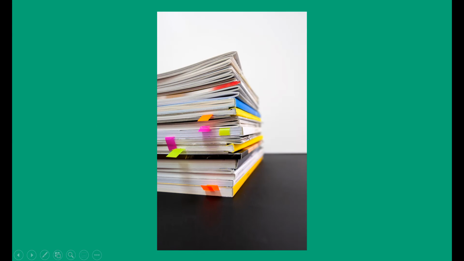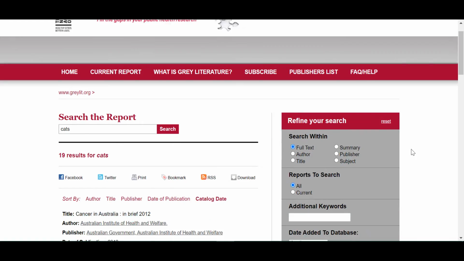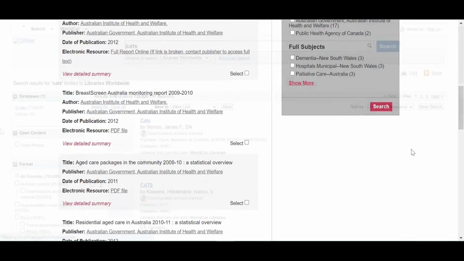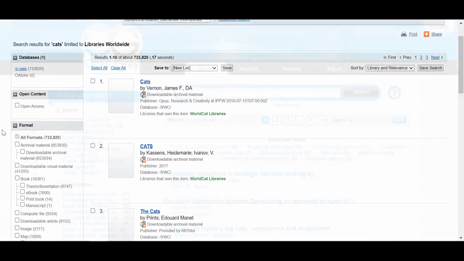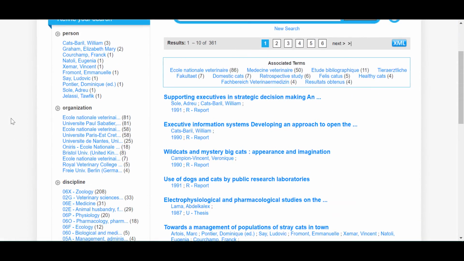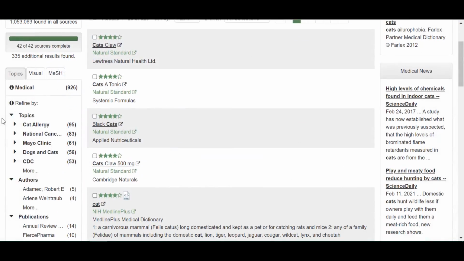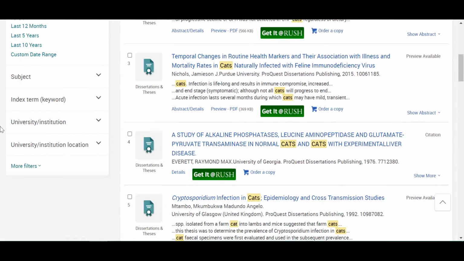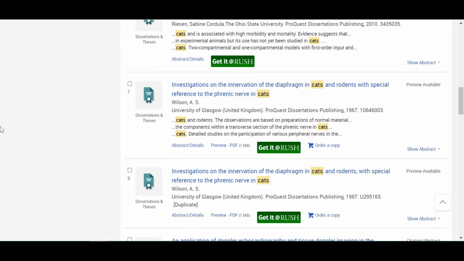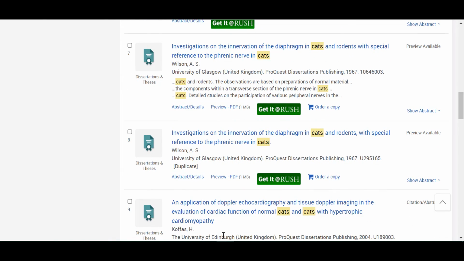As noted before, gray literature is unpublished literature, including dissertations, theses, conference abstracts, white papers, government reports, and more. Common sources for gray literature include the Gray Literature Report, Oyster, OpenGray, Mednar, and ProQuest dissertations and theses. Of these, only the ProQuest database will require your Rush login credentials to access.